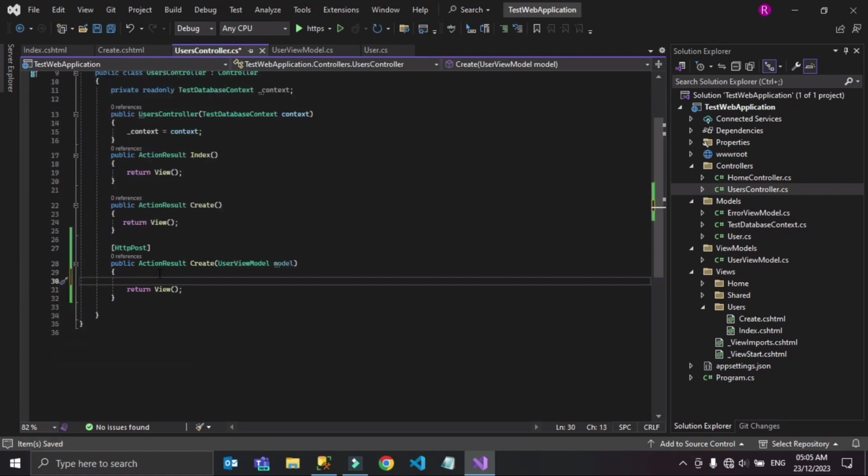Here what we are going to do is create the user. When the front-end user gives his data and clicks submit, the user view model will bind the data itself and come here. So I'm going to create a user here equal to new user,